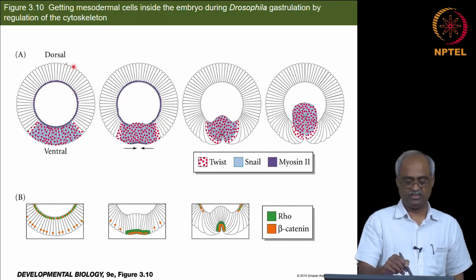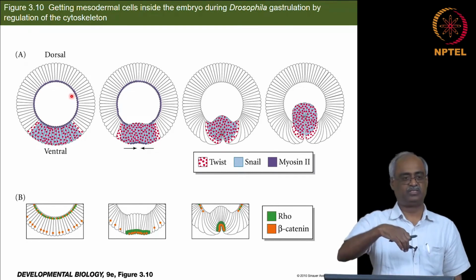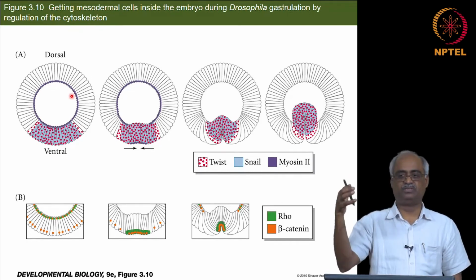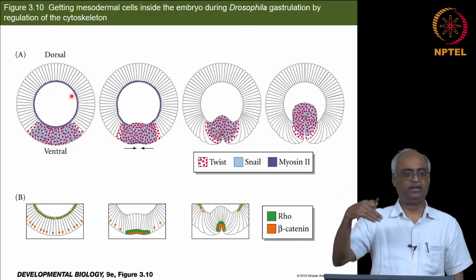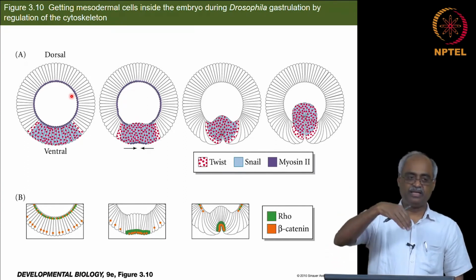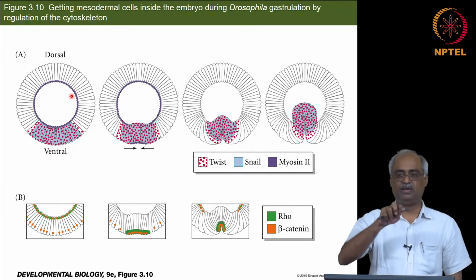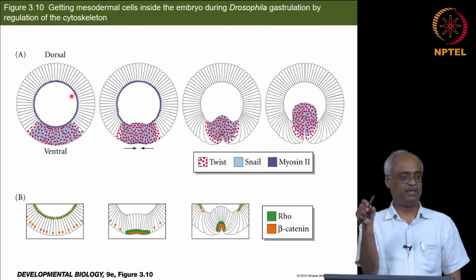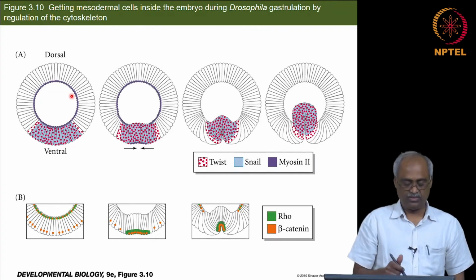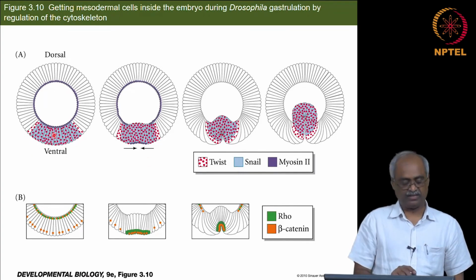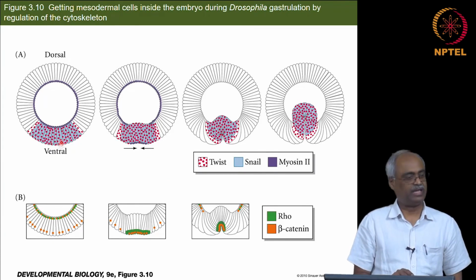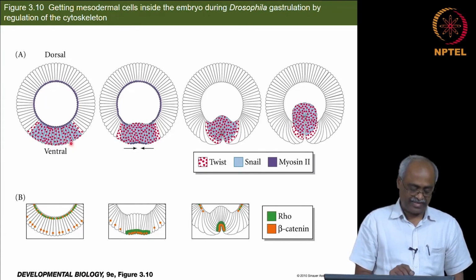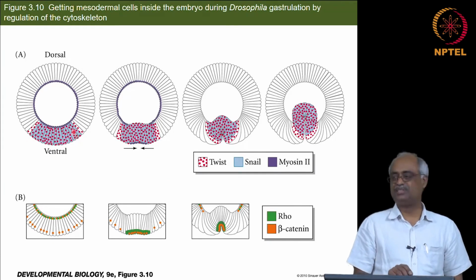So, this is basal, where you have the basement membrane, that is where the cell is attached, and the other, exposed side is the apical. Like in your intestine, the outside part would be the basal and what is facing the lumen would be the apical. And these transcription factors twist and snail are activated only in the ventral cells, differential gene expression again,